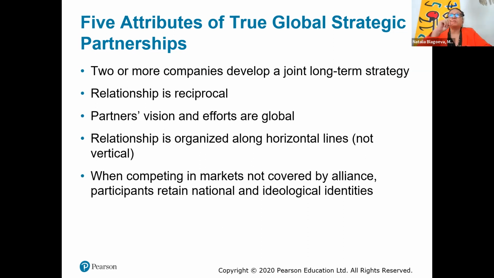It's not like vertical, where we would involve supply chain partners. There's nothing like that here. So for example, in the airline alliances, it's only airline companies. Also, this strategic alliance could be for specific markets. So it doesn't have to be for the whole world, although sometimes it may be. But in general, it's always signed for a specific market. So in the markets where we don't operate, where the alliance is not operating, they can continue with their national